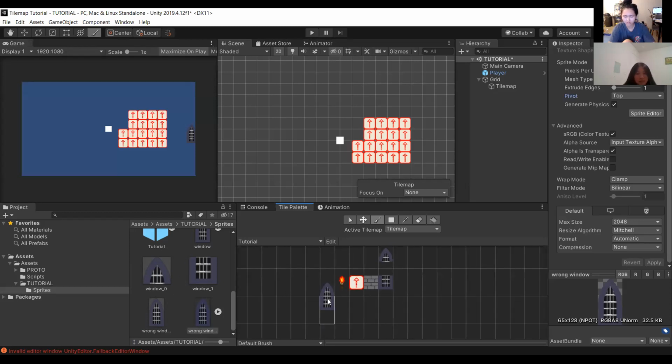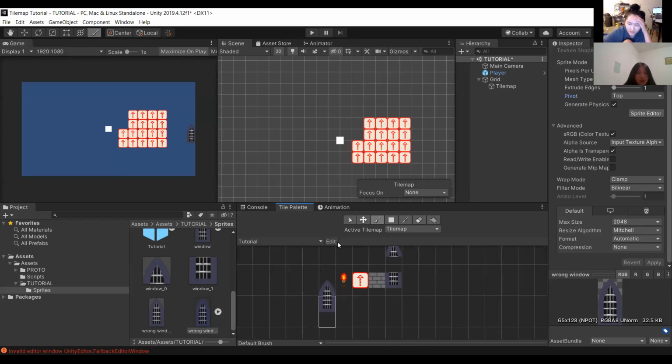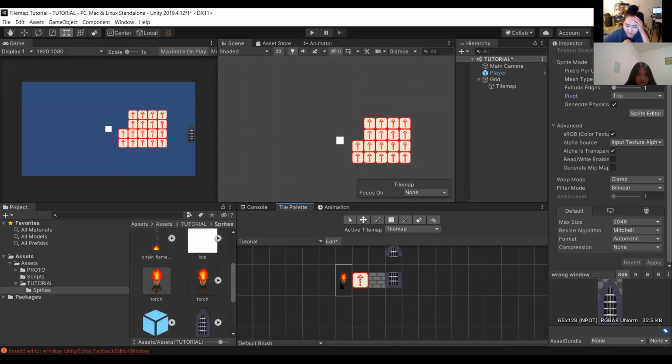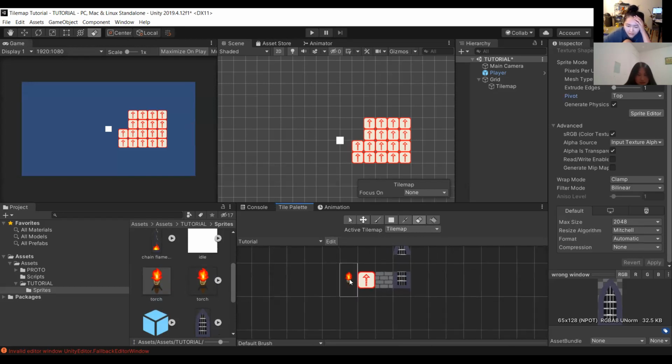So the tile palette can't find it anymore, and it kind of just gives you an error, like I don't see anything, why haven't you given me anything. Side note, that also shows up in non-tile palette related things. If you ever see an object that's that pink color, something's been deleted or something's wrong and you need to fix it.